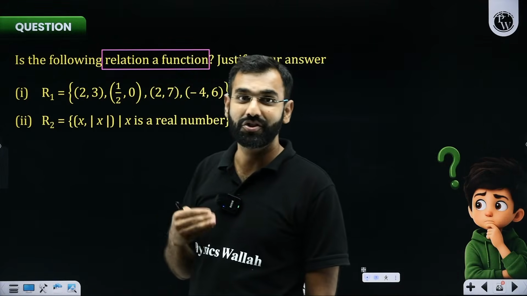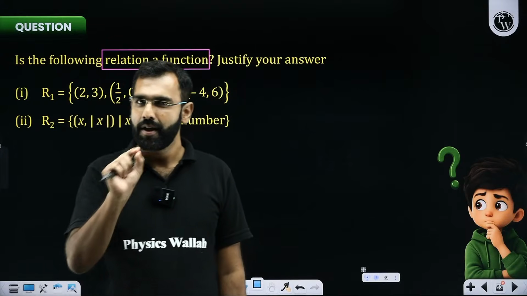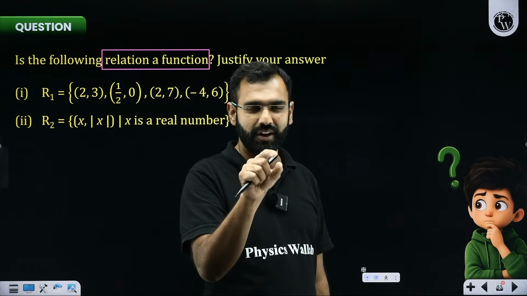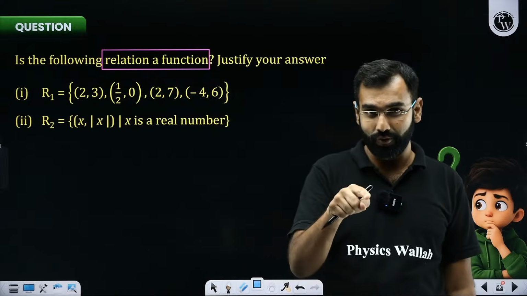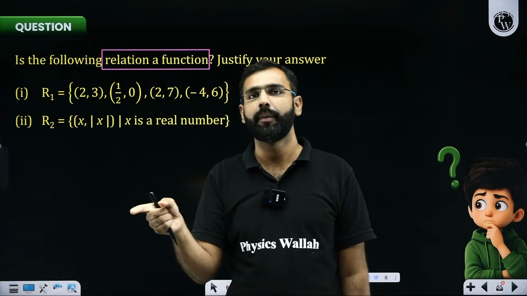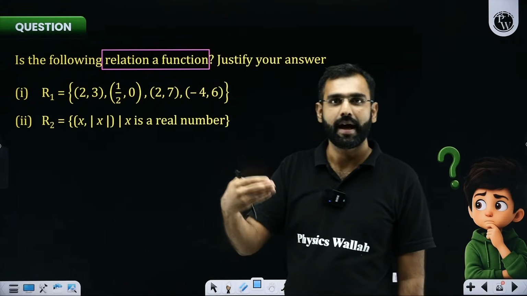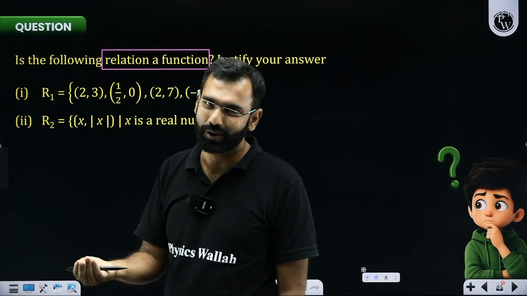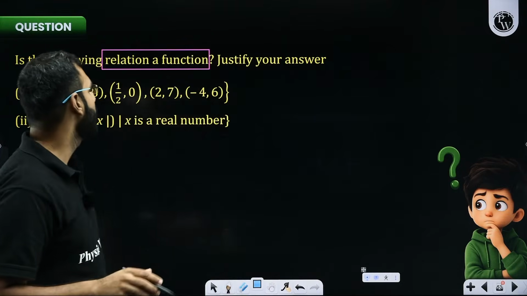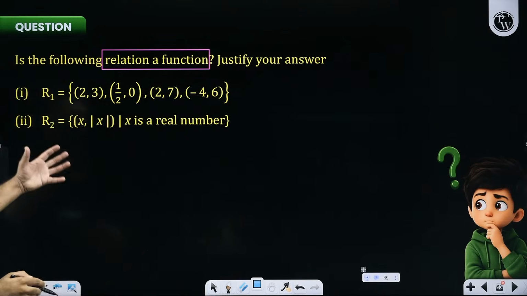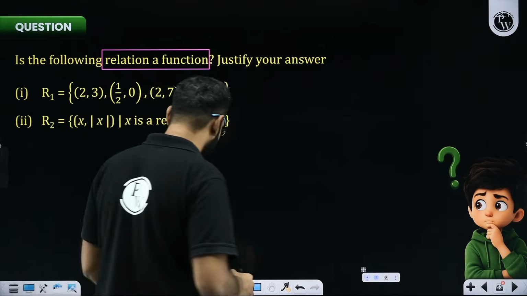What does it mean? Function, quickly, students. A special case of a relation is called a function if all the elements in the domain have a unique image in the codomain. Remember that? So if I bring that discussion over here, let me do the mapping thing. I think the mapping thing will do a lot of justice here.